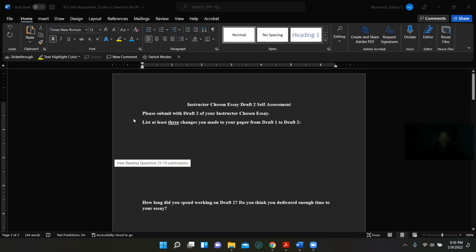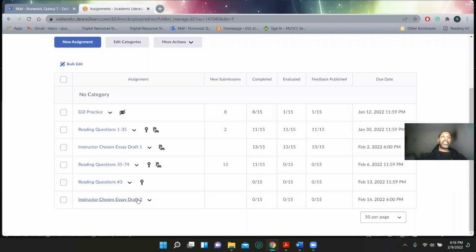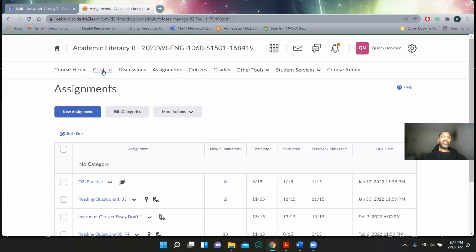So when you submit draft number 2, make sure you submit this along with it. And if you just click on the draft number 2 assignment folder on your end, you'll be able to view